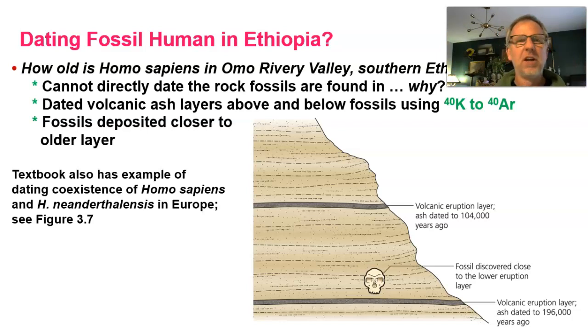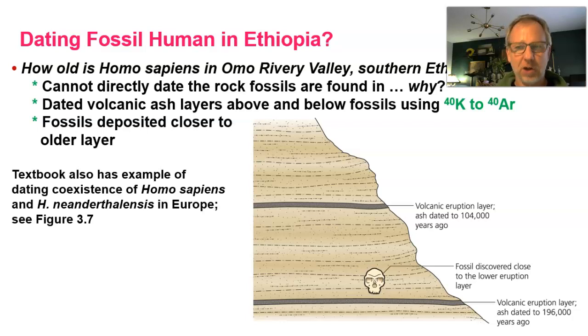Instead, as I mentioned, we need to date the volcanic ash layers or the volcanic rock layers above the fossil and below the fossil to get the younger age and the older age. In this case, the potassium-argon method was used. So radioactive potassium decays into argon, and we know the half-life. We know how long it takes for potassium to decay into argon. So by looking at the ratio of those isotopes in the volcanic rock layers,